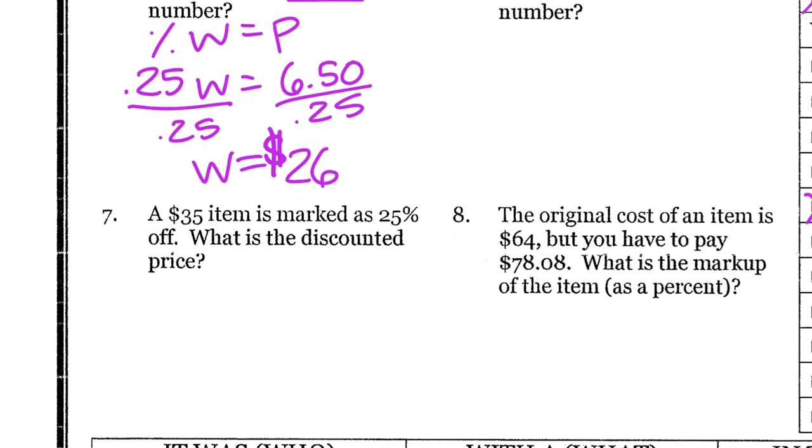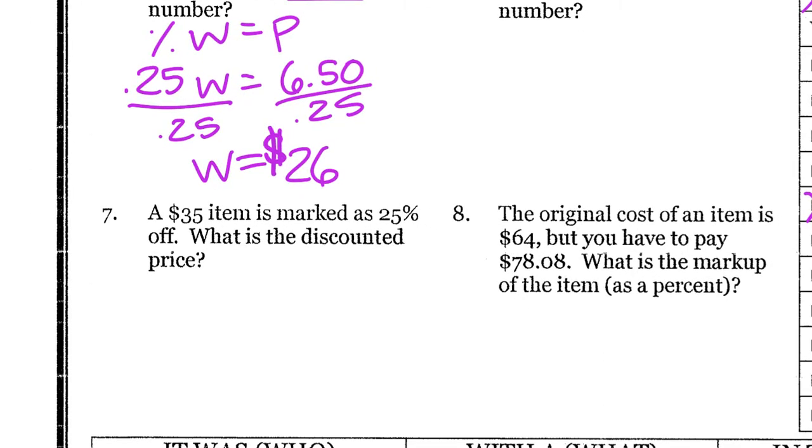And then number 7. A $35 item is marked as 25% off. Ooh, so what's our discount? So this is us finding that percentage of that cost and then discounting it. So we'll be doing some subtracting from that. All right, so what is our cost? It's $35, and we're going to times that by the percentage moved over twice. So we're finding the part, how much I'm going to save discounted right here. All right, so $35 times the 0.25, I get